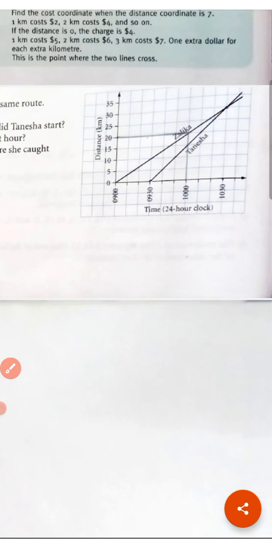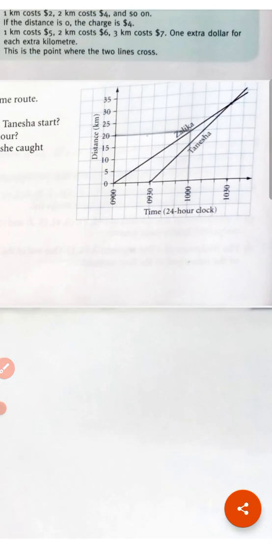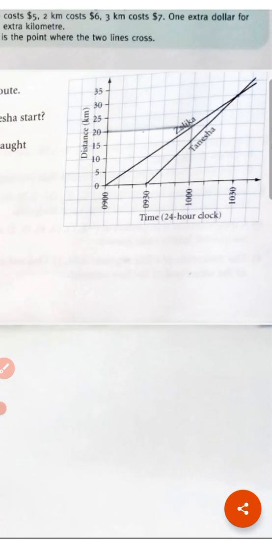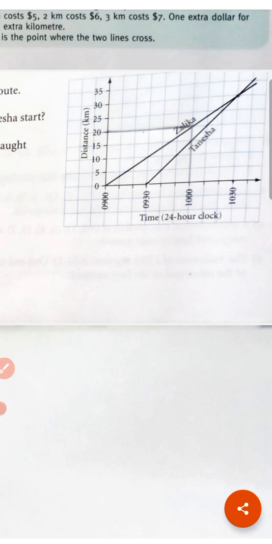So children, this graph shows the cycling route of Saliga and Tanisha. Using this graph, we are answering a few questions. Here, time is given on the x-axis, in the 24-hour clock, and on the y-axis, the distance is given in kilometer. Then the scale is, children,